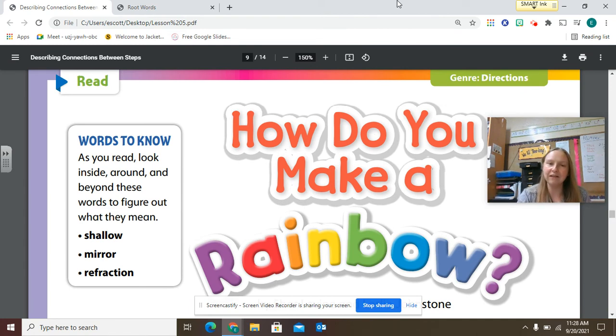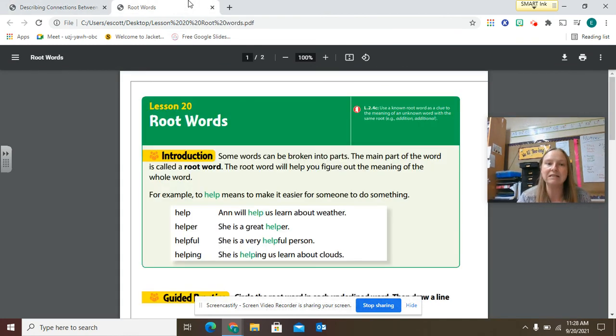And then a final thing that your child will be talking about this week is a language skill. It's root words. So we've been talking last week about different prefixes. This week we'll be talking about root words and what happens if you add a suffix onto the end, specifically ing suffixes and ed suffixes. So talking with your child that a root word is the main part of a word that you cannot get rid of. So if you have the word happy and you add the prefix un to it, the root word is happy and you have the prefix un. You cannot